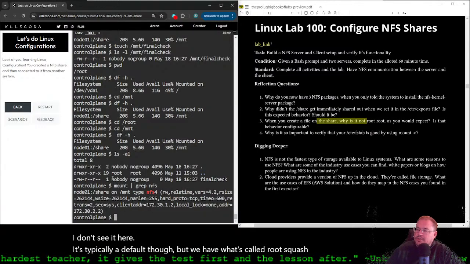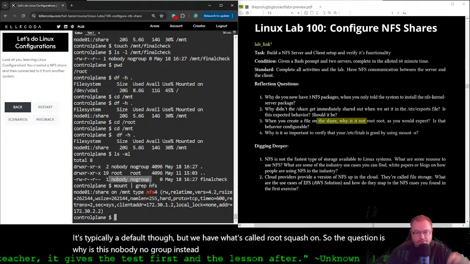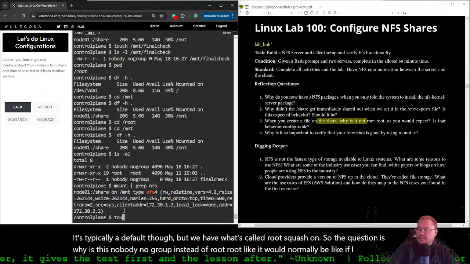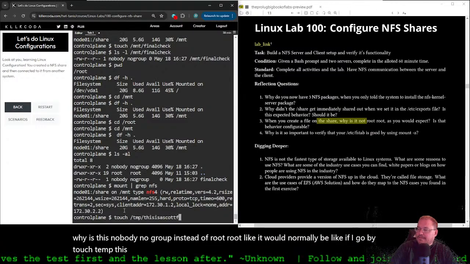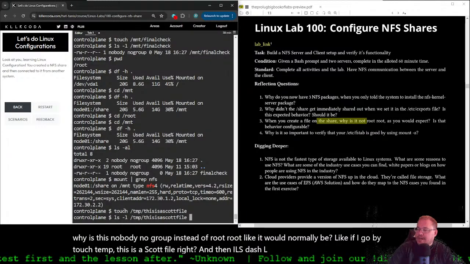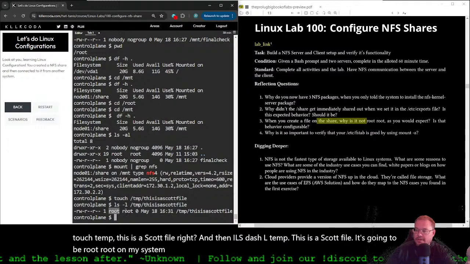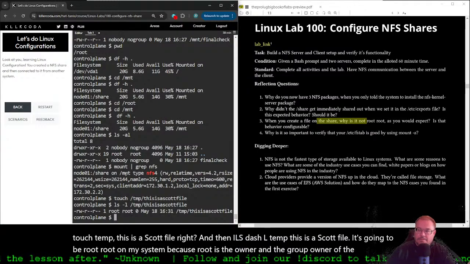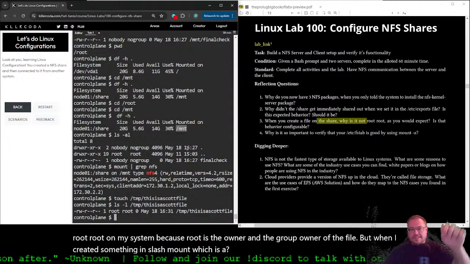So the question is, why is this nobody, no group, instead of root like it would normally be? Like if I touch temp, this is a Scott file, right? And then I ls -l temp, this is a Scott file. It's going to be root on my system because root is the owner and the group owner of the file. But when I created something in /mount, which is a distant NFS share,